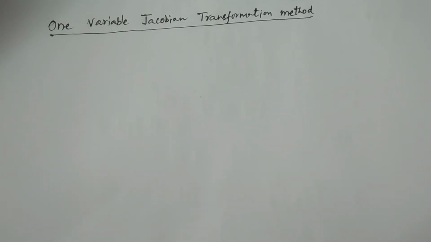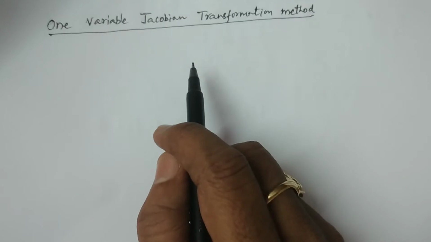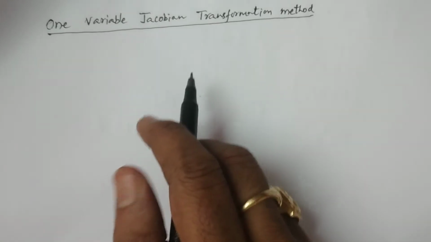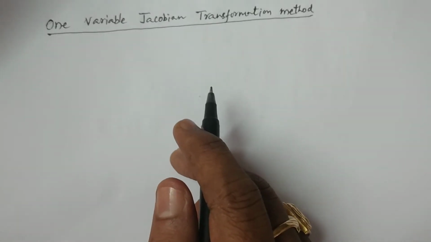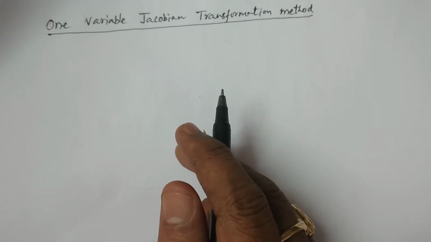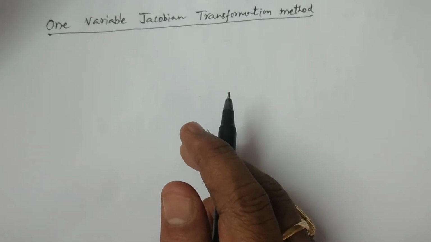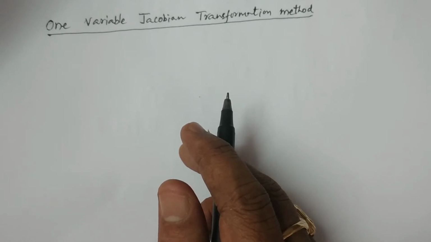In this lesson, I explain the one variable Jacobian transformation method. What does this method explain? This method explains how to calculate the probability density function of an unknown variable